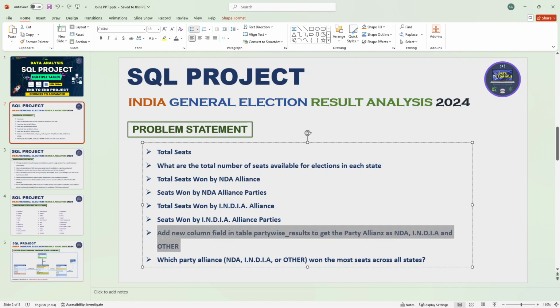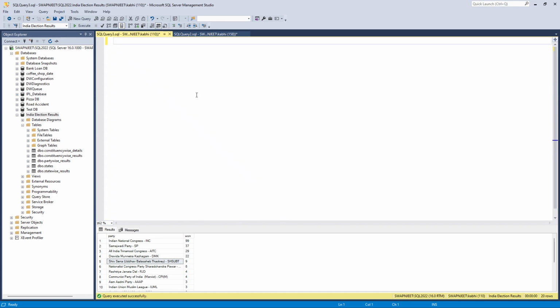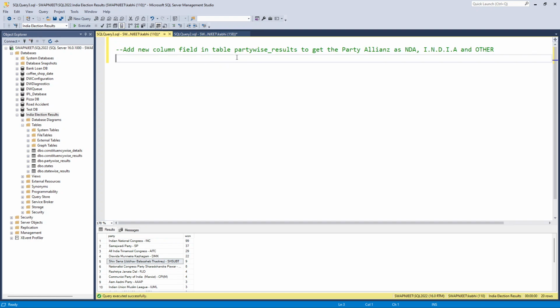So we will see how to do that. I will just copy this, and I'll select this all, and we'll delete everything. I will add it over here, and I'll comment it out so we will know what the question is, right? So now here what we have to do is add a new column field in the table, party wise